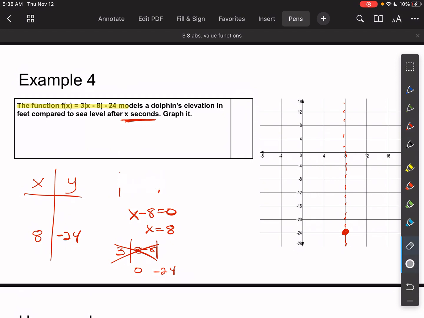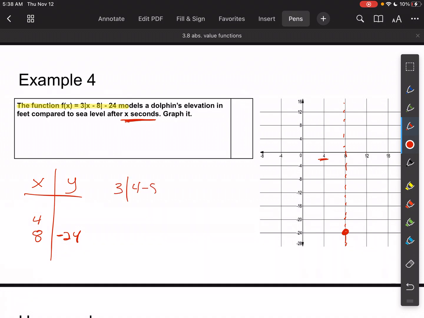All right, let's keep cruising. So I'm going to erase that so we have some space. Let's go to the left of that. So I'm looking here, and I see that my graph goes by 4, so I'm going to plug a 4 in. If I plug a 4 into this thing, I get 3 times the absolute value of 4 minus 8